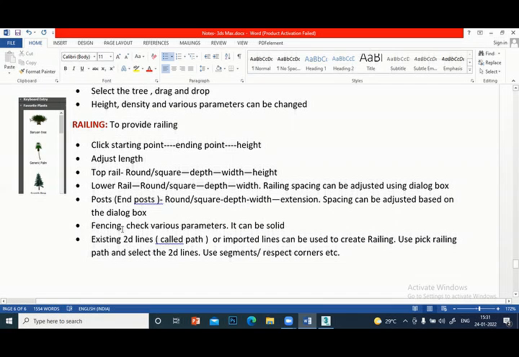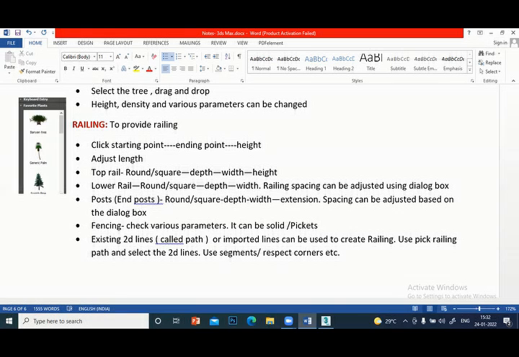Again, in the fencing, it can be solid. Fencing, check various parameters. Pickets: when it's only vertical posts, it is called pickets.